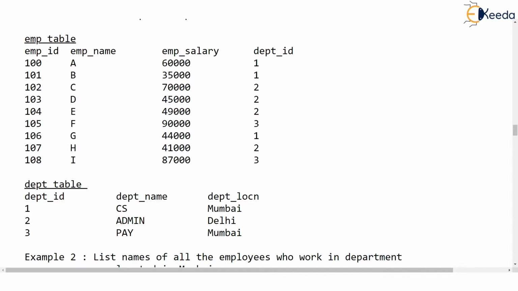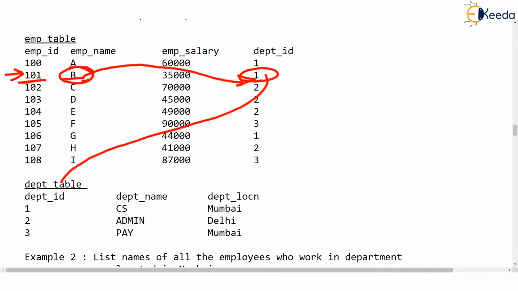I know you have understood enough of it, but just for discussion sake, we will take the second row of the EMP table, 101, and the employee is B. Should this employee be listed? First of all, we will see what is the department ID in which this person works. But then we don't know the department location of this department ID. So we will open another book and we will watch that row where the department ID is 1 and we will know that location is Mumbai. Yes, of course, that means A should be listed, B should be listed because both of them work in department located in Mumbai. What about 102?